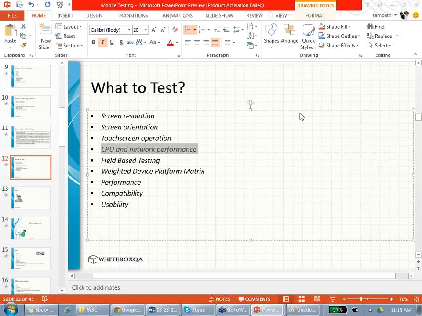You need to simulate network scenarios, Wi-Fi scenarios, all kinds of scenarios for field-based testing. Network, Wi-Fi, Bluetooth, all these are called field-based testing. Agreed?